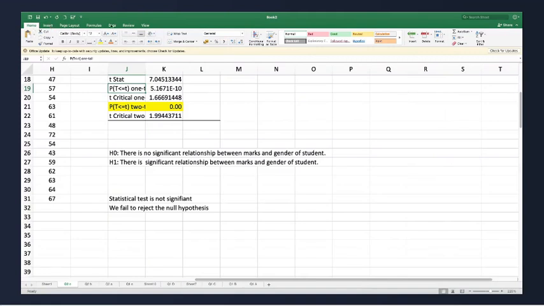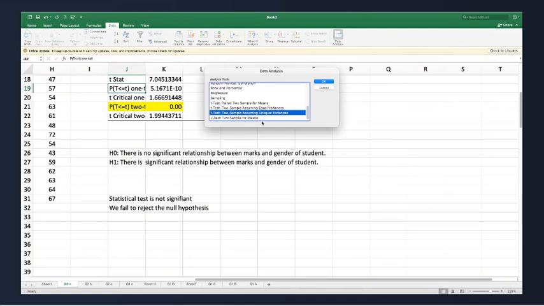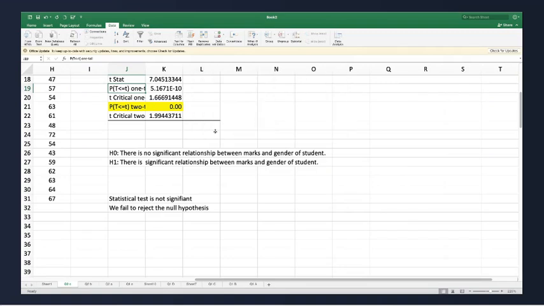If you remember, I told you because we have two types of data, and then we went for this test, two sample assuming unequal variances. So we'll pick this answer. Any other? So I'm ready to take your questions, guys.